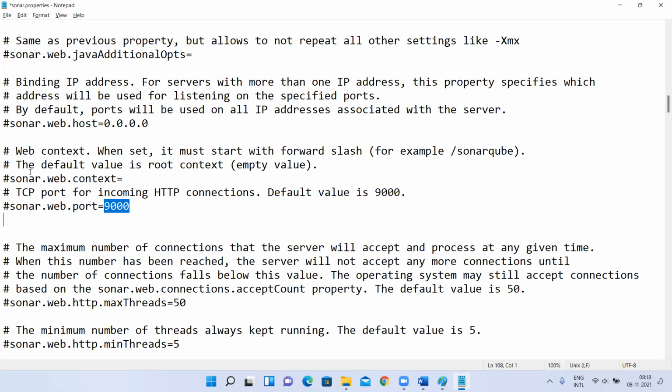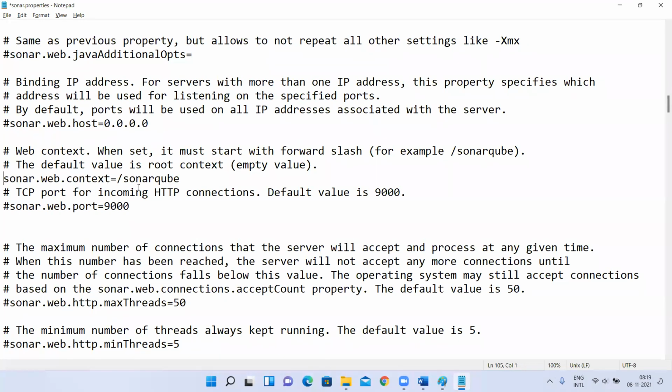Okay, and suppose you want to access your SonarQube with a different context root, not only IP address colon 9000. If you hit that, it will work by default. In Tomcat, I talked about IP address, host, and context root. So for my SonarQube, I want to give a context root like /sonarqube. So it is accessed as http://IP address:9000/sonarqube. When I type /sonarqube after the port number, then only my SonarQube should be accessible.